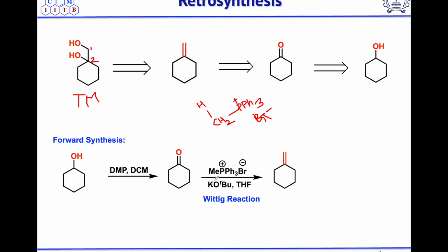This oxide will abstract this proton. So this potassium tertiary butoxide will abstract this proton, and you will get this ylide. So this CH2 minus you will get, and this is the ylide. So this Wittig salt to Wittig ylide we generated here. Now this ylide will attack this carbonyl carbon, and at the end it will generate the oxaphosphetane intermediate,